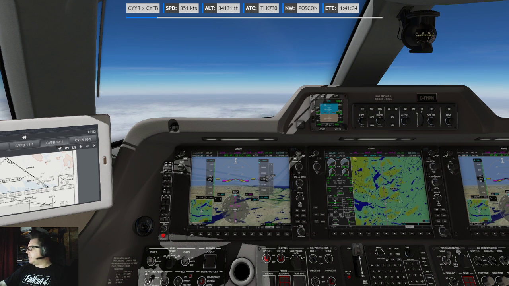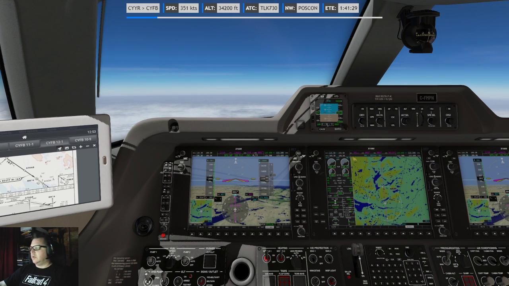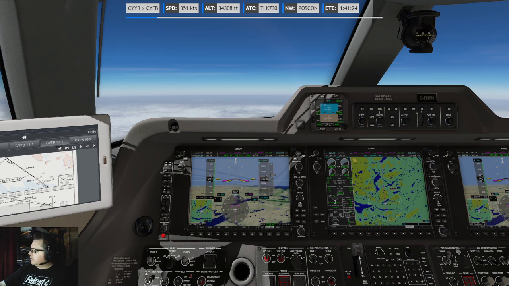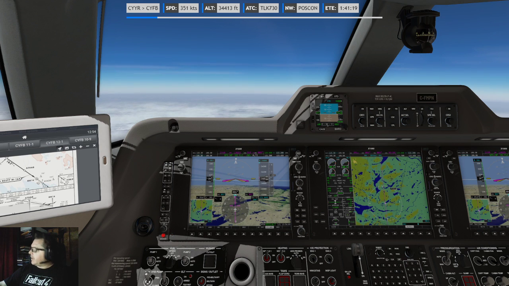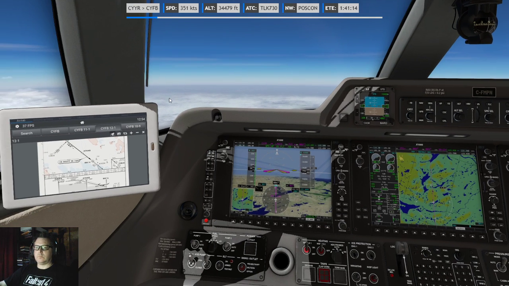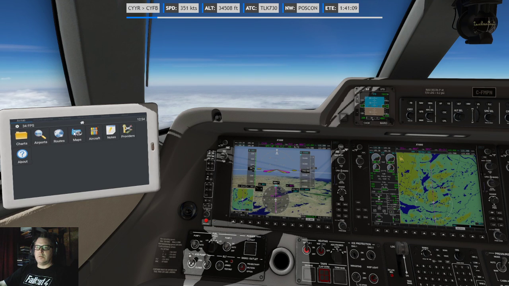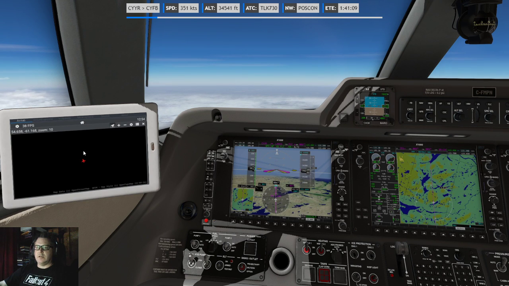As we're getting up there. Still so far from Lakes. Let's turn on the thing. Man, I got far to go. I got so far to go. So, maps. Zoom way out.